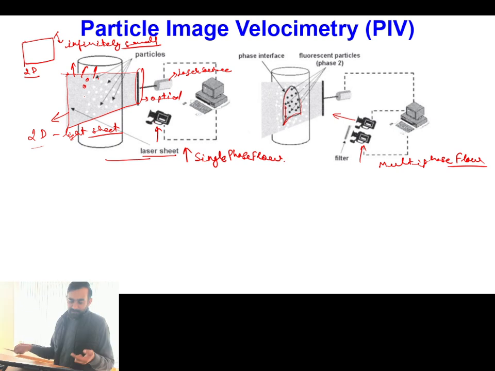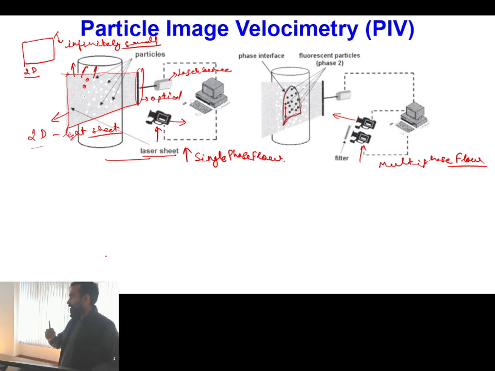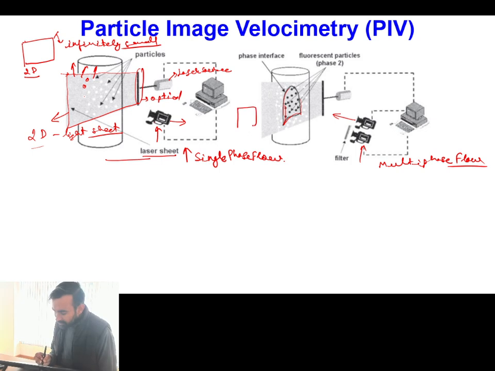So ultimately, the number of particles captured by the camera will be more than the actual number of particles present in a two-dimensional plane. Is this point clear? That's why the thickness of this sheet should be very small, and at the same time, whatever camera we are using has a certain depth of field. So the depth of field of the camera should also be extremely small,